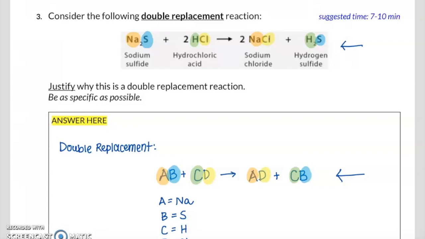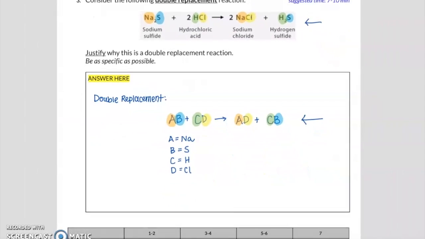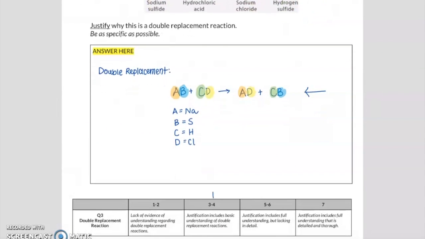Another approach that doesn't involve the general equation is simply to discuss what's happening, what is replacing what and where. So many of you talked about how the Na was replacing the H and the H replaces the Na and kind of talked through the reaction in that way. Totally fine. This would earn you a 3-4 so far,